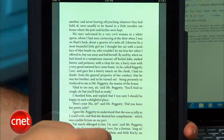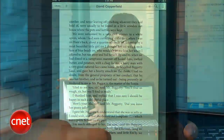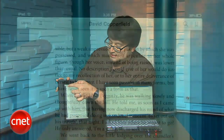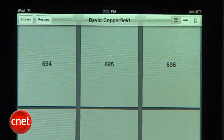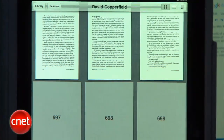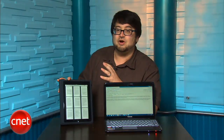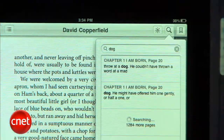You're going to have to deal with just side-by-side scrolling if you can bear it. As far as chapters, there really aren't any either. If you press the chapter button at the top, it actually brings up all the pages of the PDF, which can get a little annoying if you're dealing with a tremendously large file. It's not the greatest for large files if you're reading a novel in that regard, although you can search the